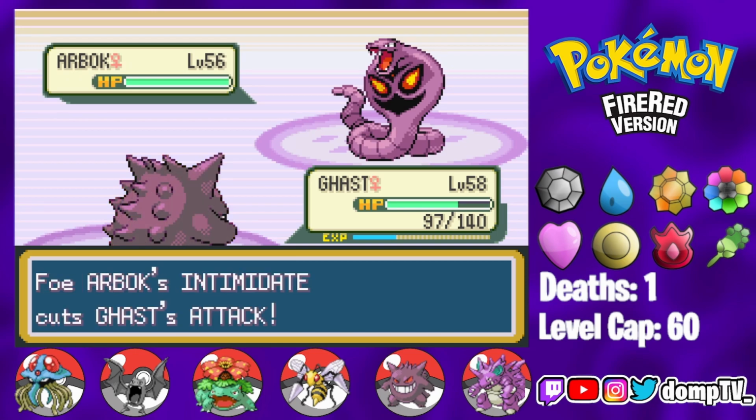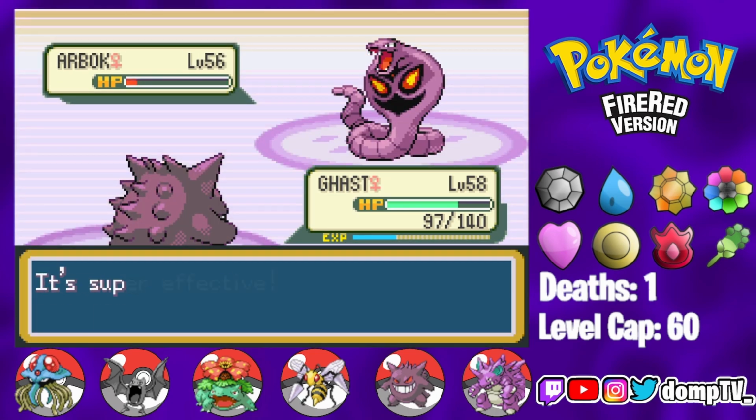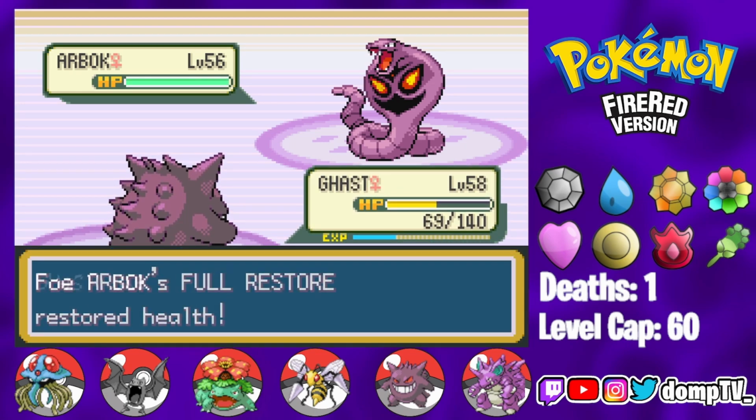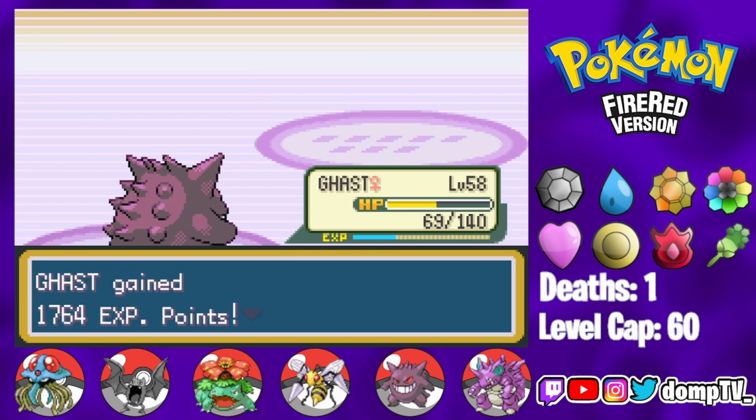Next up is Arbok, which is also pretty bad as it has pretty mediocre attack and can't hit us with an Earthquake. We just go for Psychic and hit her into the red, but we don't get the KO. So he just hits us with an Iron Tail, but he luckily doesn't crit. And it did a lot more damage than I thought, but since he didn't crit, we still lived. Agatha then goes for another Full Restore and we just hit it with another Psychic and kill it with a